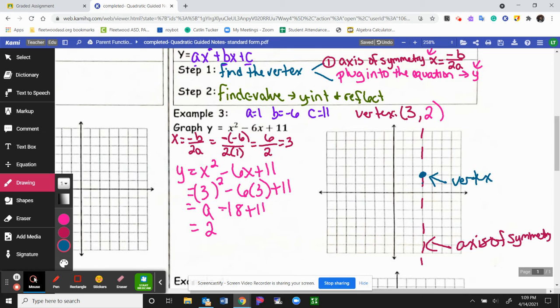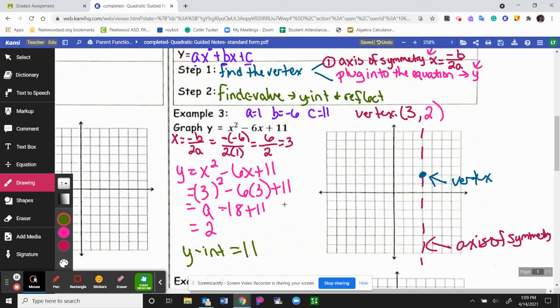Now, we also need to find our y-intercept, which is going to be our c. So we can see here that our y-intercept is going to be 11, because that is our c value. So we count here on our y-axis and we can see, uh-oh, that is not going to